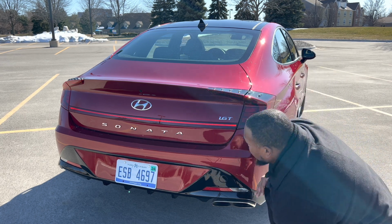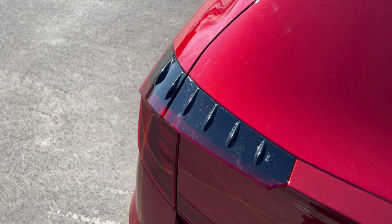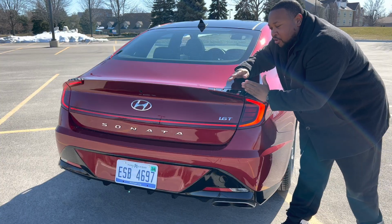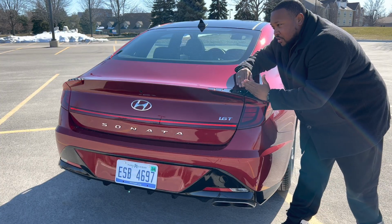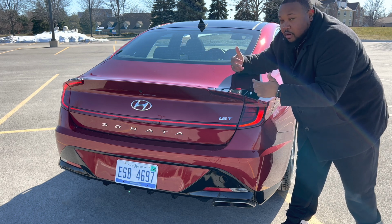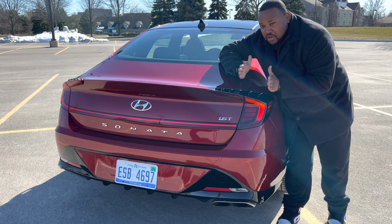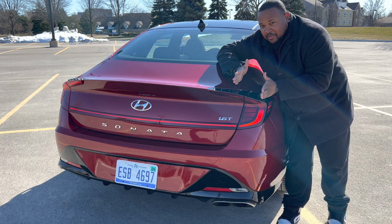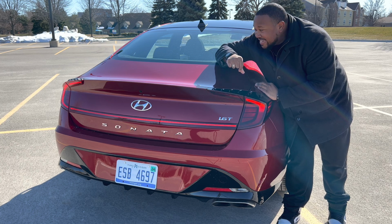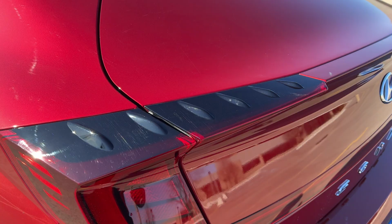And let's talk about these things right here. They're supposed to be for aerodynamics. If you think about a plane's wing, it's shaped a certain way so that air going over it has lesser pressure than what's underneath it, and that forces the wing to go up. Makes sense? It's called lift. These things are supposed to have the same pressure on both sides, so that keeps the car straight. Ain't no way you're going fast enough in this 180 horsepower Hyundai Sonata to where this is gonna make a